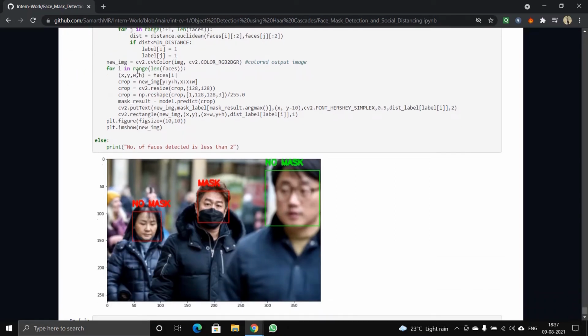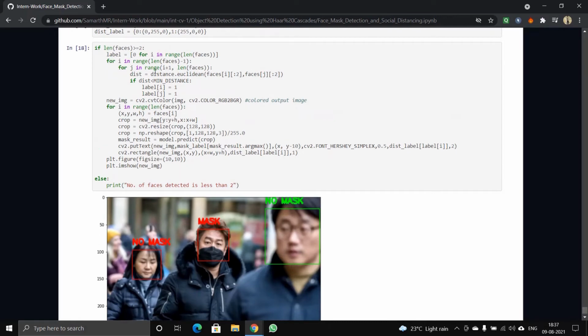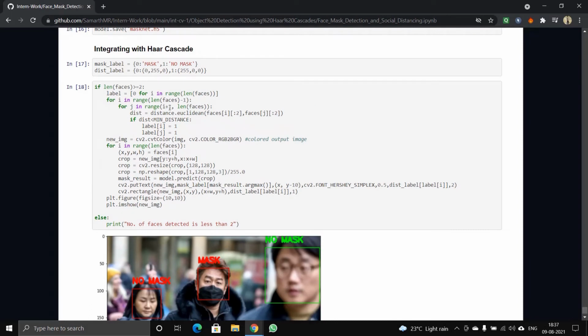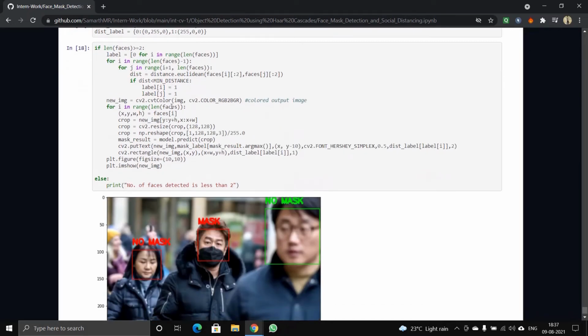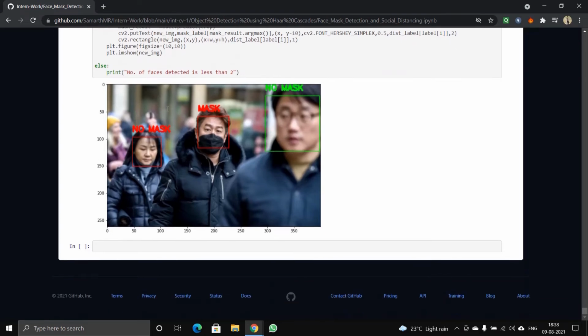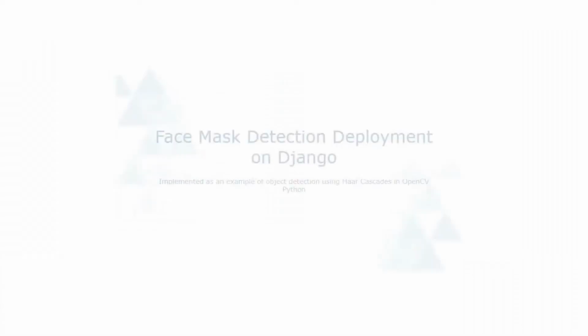So again, you have to check for the same condition. If the length of faces is greater than or equal to 2, then you will get all the outputs, that is whether there is mask or no mask, and whether they are maintaining the social distancing or not. If there are fewer than 2 faces, then you will get only the output for whether there is a mask or not, and you will not get the social distancing result, as there will be only one face. So this is all about it.